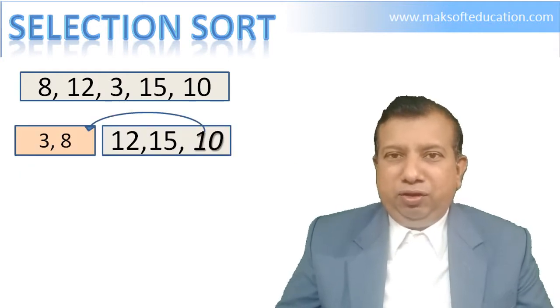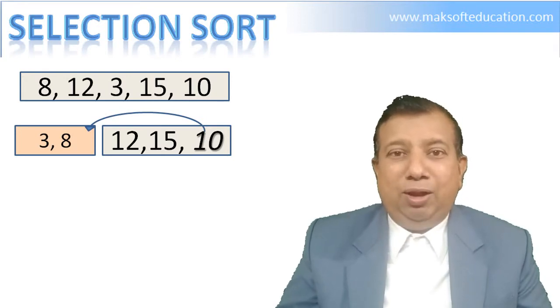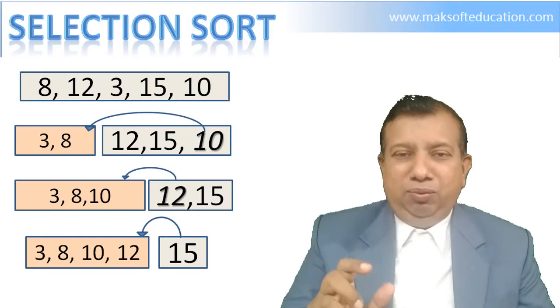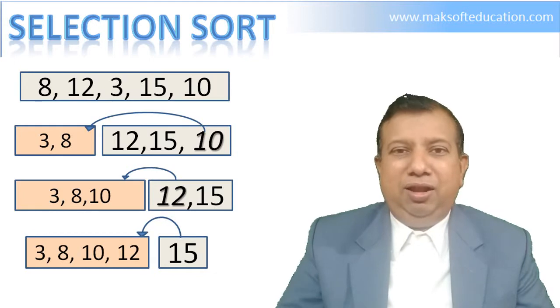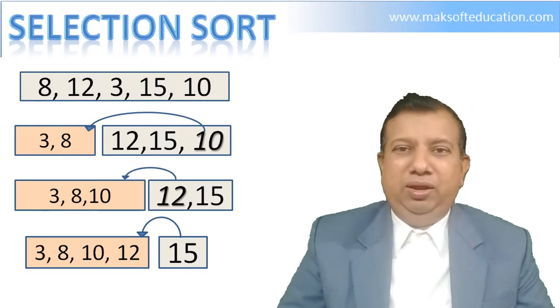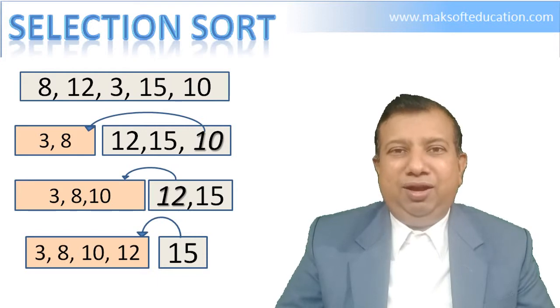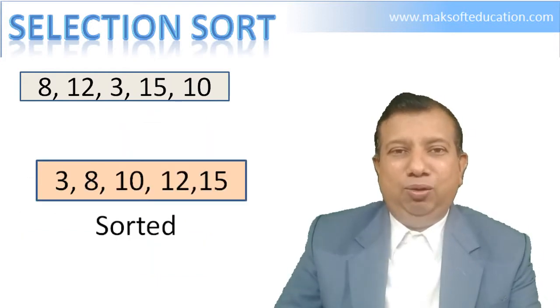So the selection will take place is equivalent to total number of values available in unsorted array. Every time smallest value is selected and inserted at the last position of sorted array. At end, when all values are over, you will get entire array as a sorted array. Let us try to write algorithm for it.